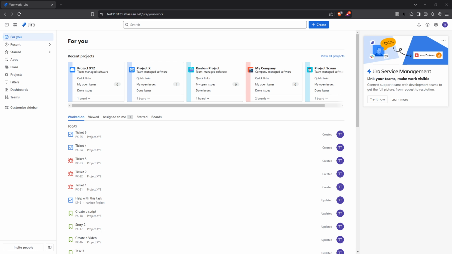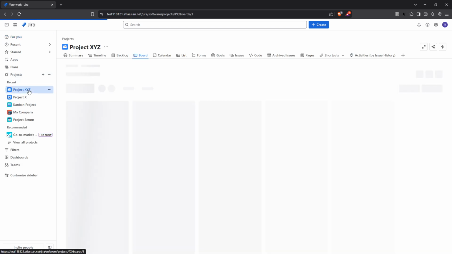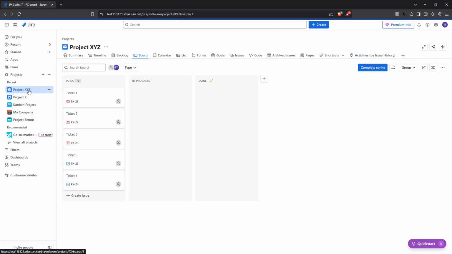First, let's start by heading over to your Scrum board. If you're managing tasks or tracking project progress using the Agile Scrum methodology in Jira, the Scrum board is where you'll spend most of your time. It's a visual way to see all your tasks laid out in columns like to do, in progress, and done. But sometimes, not all tasks should stay in the current active sprint, and that's where moving them to the backlog